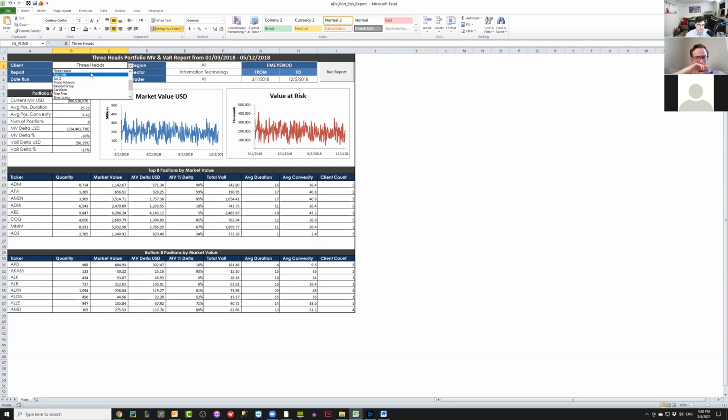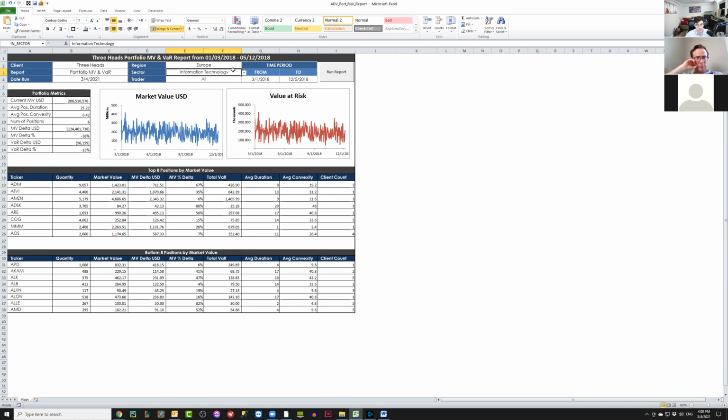And we're going to select from clients. Let's just do, well, actually, it doesn't matter at all. All right, we'll stick with 3 heads for now. What region would we like to run our securities on? So let's say client 3 heads. I'm sorry, I had to pick really obscure names so it doesn't sound like I'm using actual data. So what region? Let's say 3 heads trades primarily in Europe and the US, and they're really concerned how the Europe book is doing. So what I would do is you'd go there, select Europe from the dropdown.